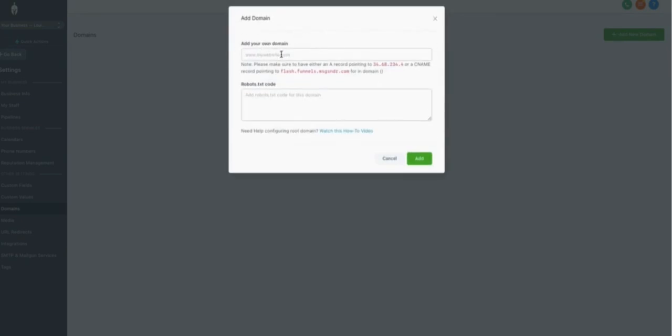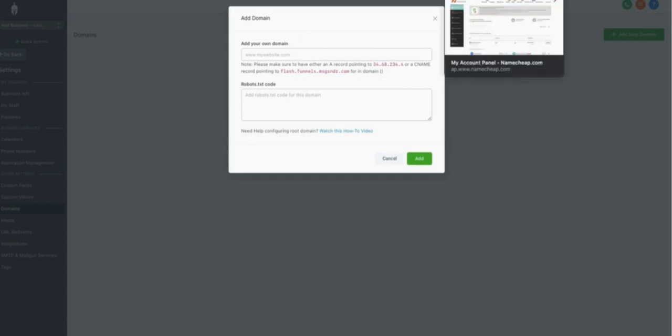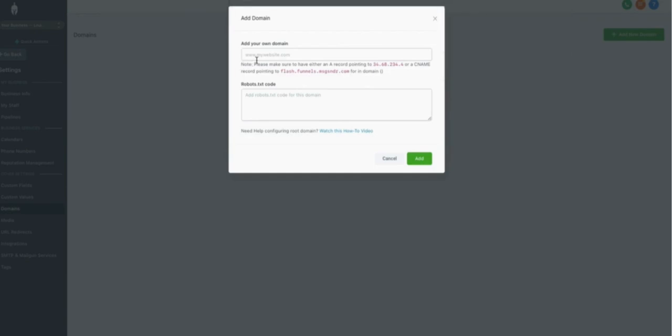Here's where you would add your actual domain, and there's some instructions: please make sure to have an A record pointing to this IP address or a CNAME record pointing to this. Now, I know that sounds a little bit confusing, and so it's important that we add some information on our domain host, or where we purchased the domains, in order to make sure to add it. So if we just add our website here first without having this, it's not going to connect. So our first step,